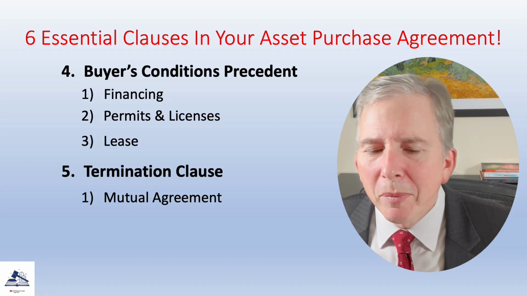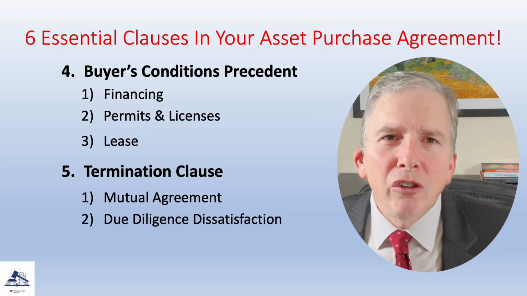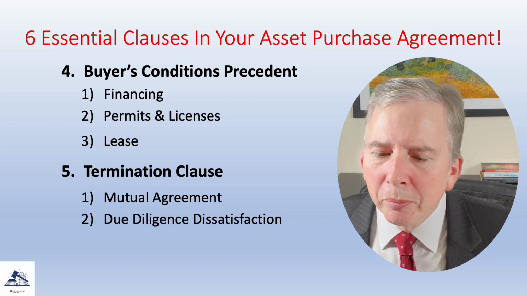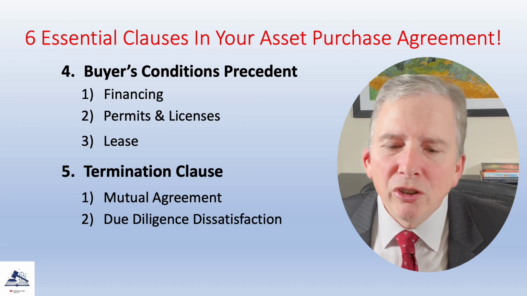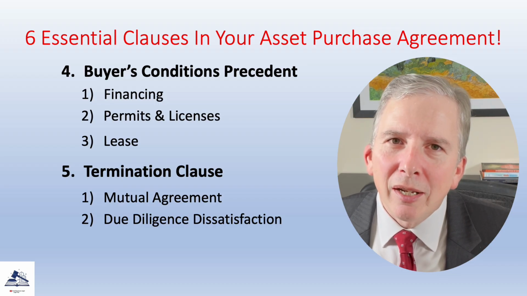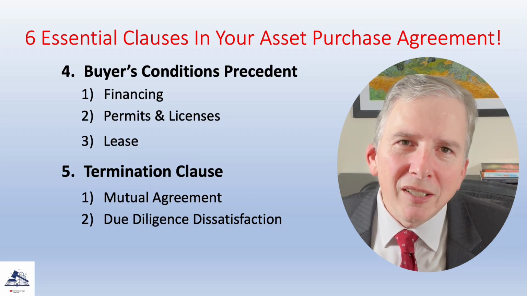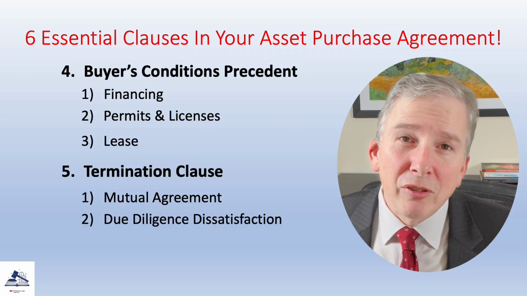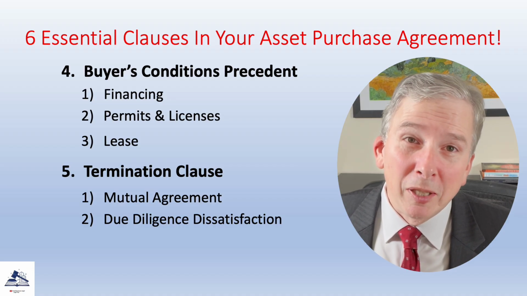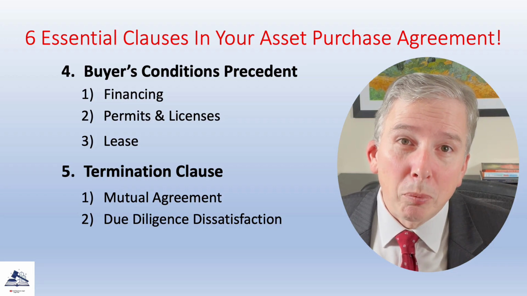Second, termination by the buyer if the buyer is dissatisfied with the result of due diligence. This ground for termination is also usually pretty uncontroversial. However, sellers usually insist that due diligence be completed by a certain date, which is known as the due diligence deadline, so that buyers don't have an open-ended right to terminate the agreement at any time. And what this means is that you must complete your due diligence by the due diligence deadline, and if you're dissatisfied with the business before the due diligence deadline, you can terminate the agreement. However, if you're dissatisfied with the business after the due diligence deadline, you don't have a right to terminate the agreement without breaching the APA.